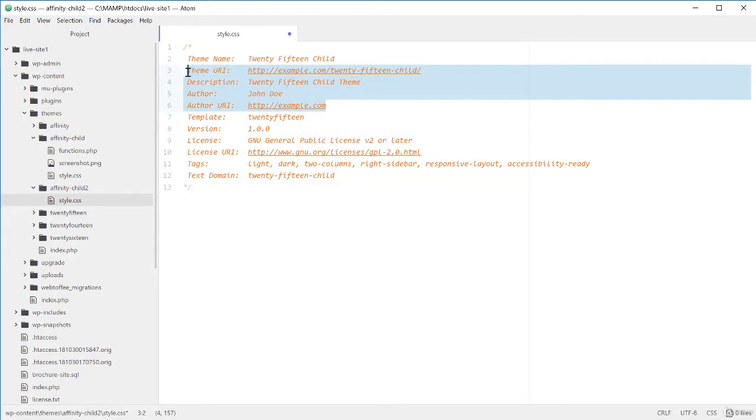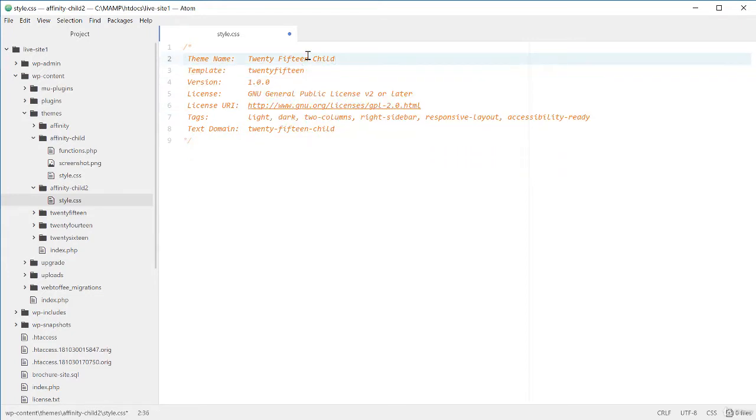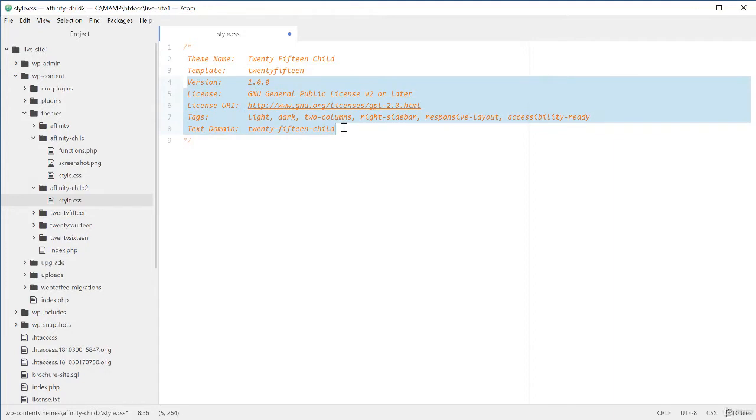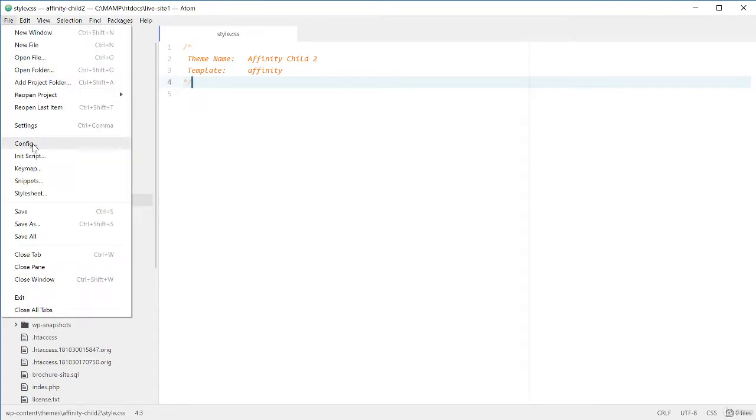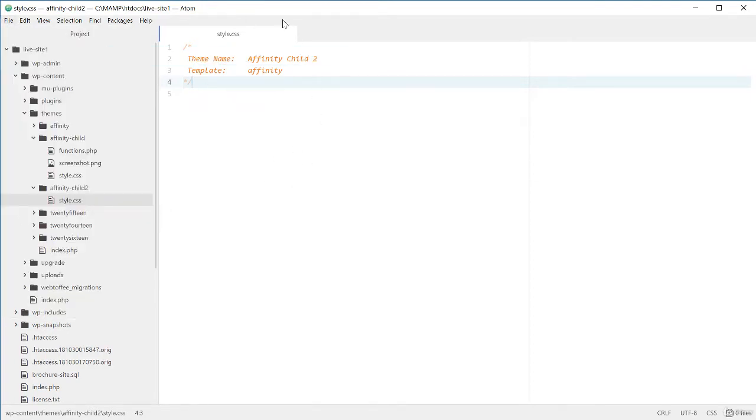And so just to make it easy to understand, let's go ahead and just take away everything else except for the theme name and the template and these two comment tags at the top and bottom. So this is going to be an Affinity Child 2 is what I want to name it, and the template is going to be the folder name of the parent theme. In my case, it's just Affinity, just like that. So I can press Control S or File Save to save my file, and now that's